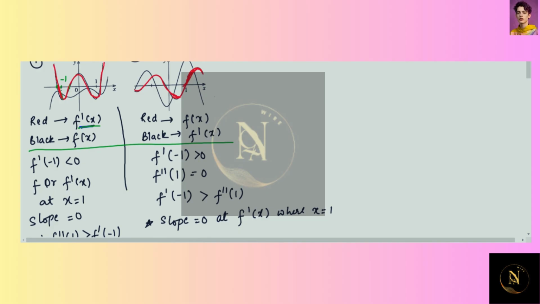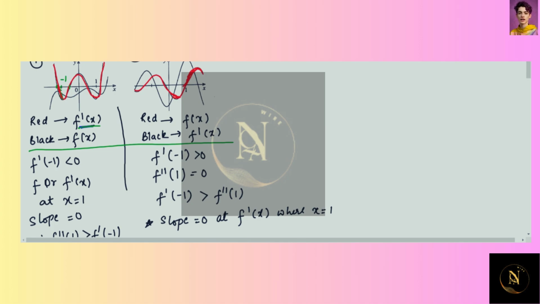We are talking about the value for y. That's why f of x is represented for the y. So x is the value for the x and y will be the value for f of x, or f dash of x, you can say. Here we can easily say that this graph is going downwards, which means it has a value less than 0.